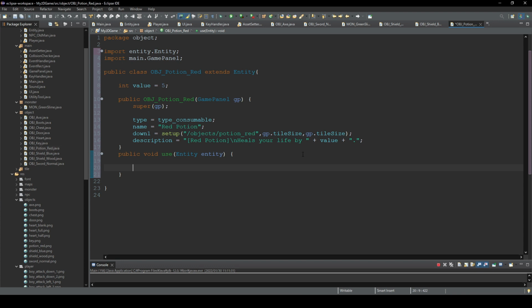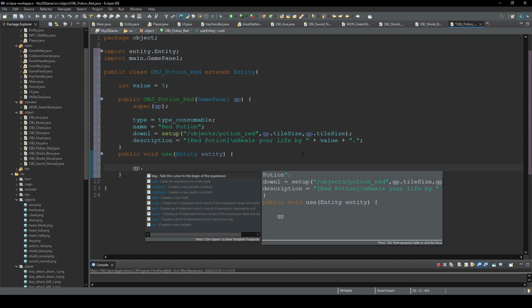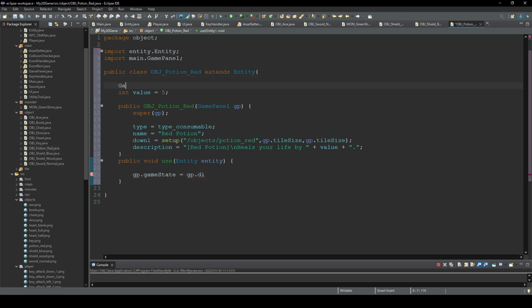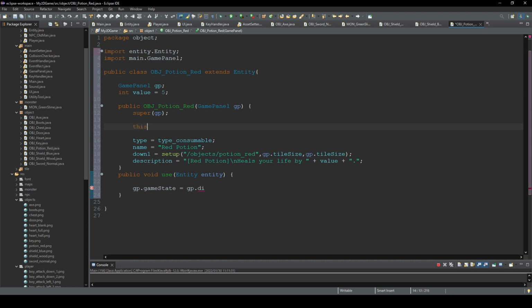In this case, first I'm gonna change game state to dialog state. Okay, we need game panel. So game panel gp, this gp equal gp. Okay, dialog state